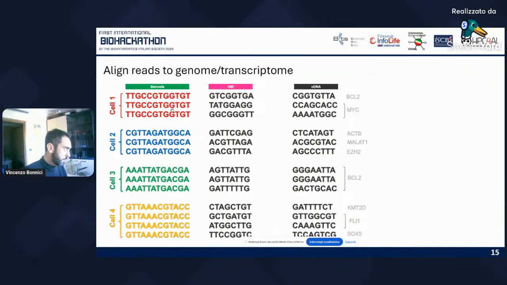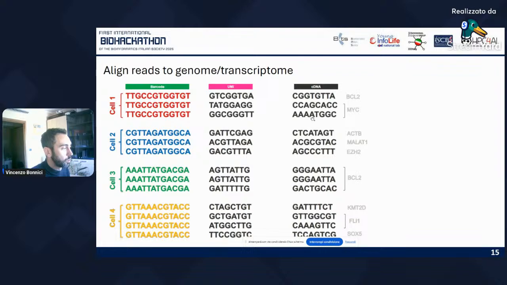So for each one of these molecules, you know to which one of the genes in your transcriptome it maps. Always remember that what you are aligning is the cDNA, not the whole information that is in the barcode and the UMI. Of course, you have to discard this part of the read, and you only map the read